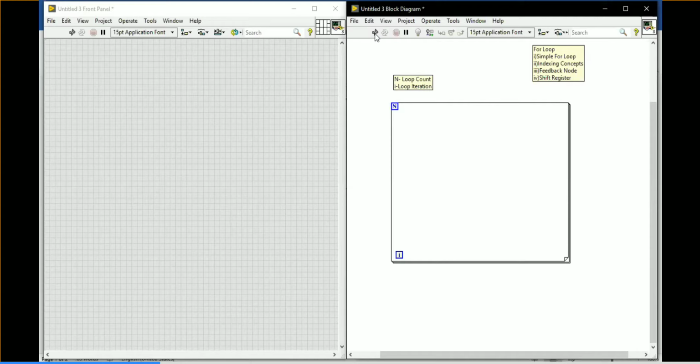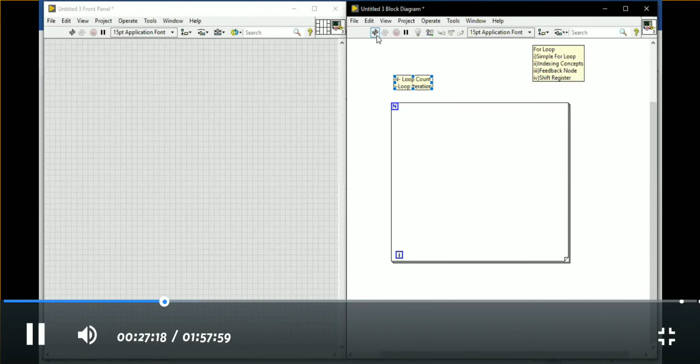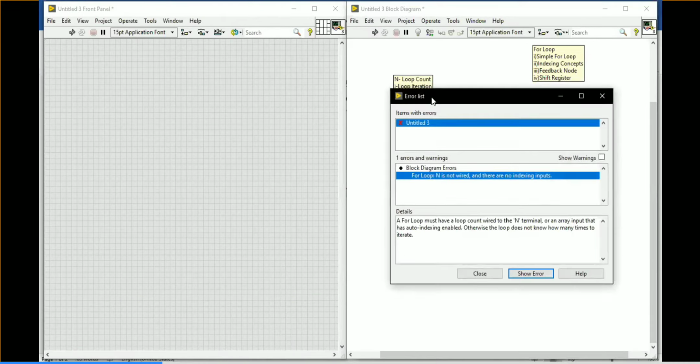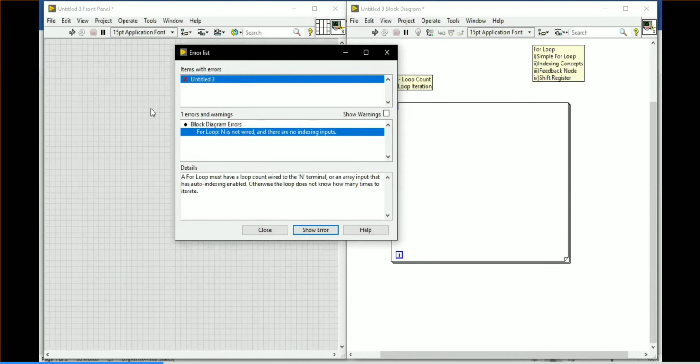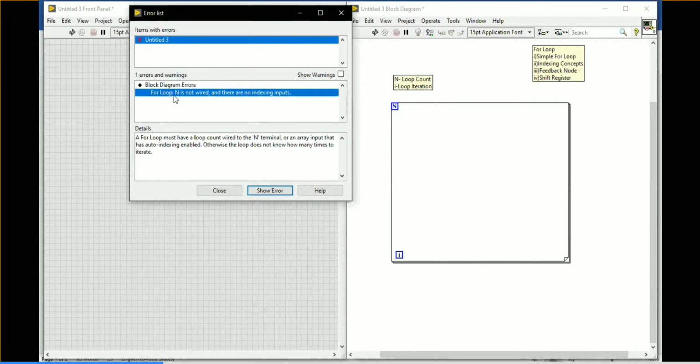If you are getting a broken run arrow, it means there is no condition or an incomplete connection. Kindly click on it to list the error, because it will help you do the program better. If you look at the block diagram alone, you can't complete the program. Whenever you get the broken run arrow, just click on it and it will tell you in which way you are getting the error. Currently we have only one error.